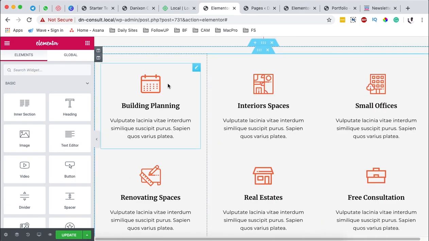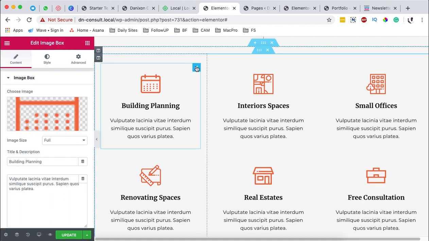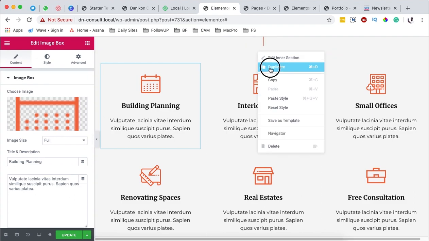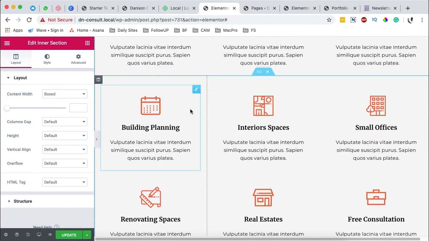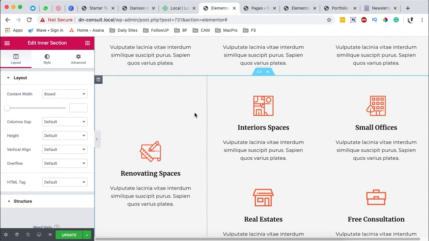Okay, now these are the services we offer. You can add or duplicate this section and add a number of other services. For example, when I click over here, you see that it's an image box widget. So when I duplicate this, now I've duplicated that section and I delete everything here. For example,